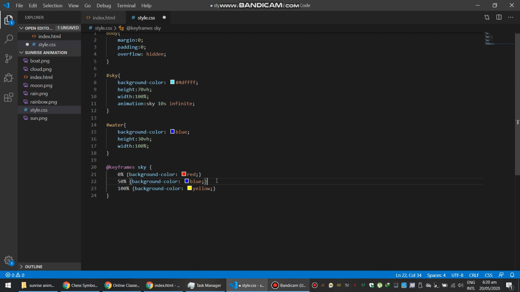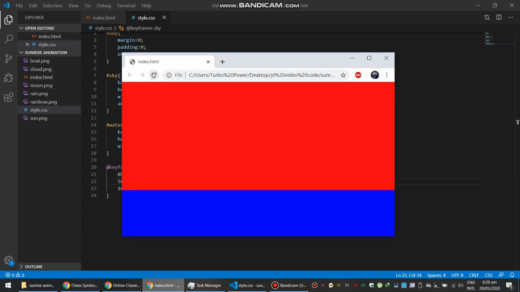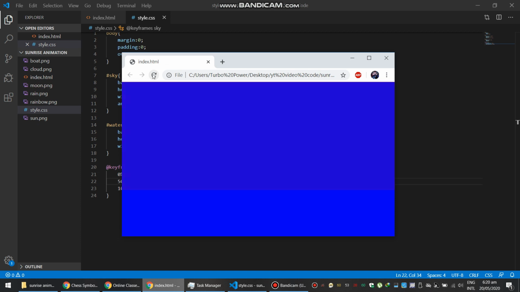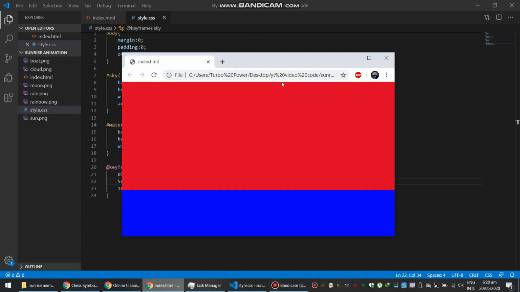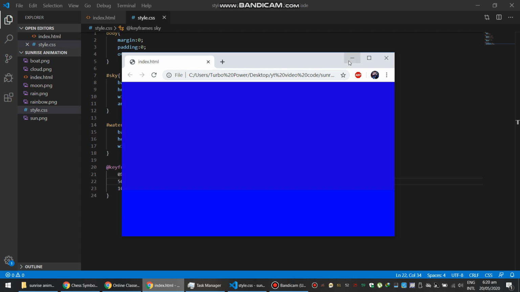And now with the passage of time, background color will start to turn into yellow. And at 10th second of our animation, background color will be completely yellow. At 10th second, this animation will be completed but it will run again as we wrote infinite for this animation. Let's refresh the browser and see the effect. Nice.